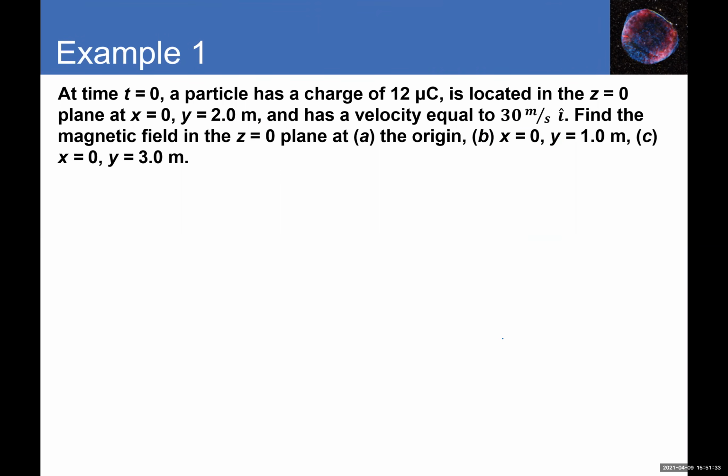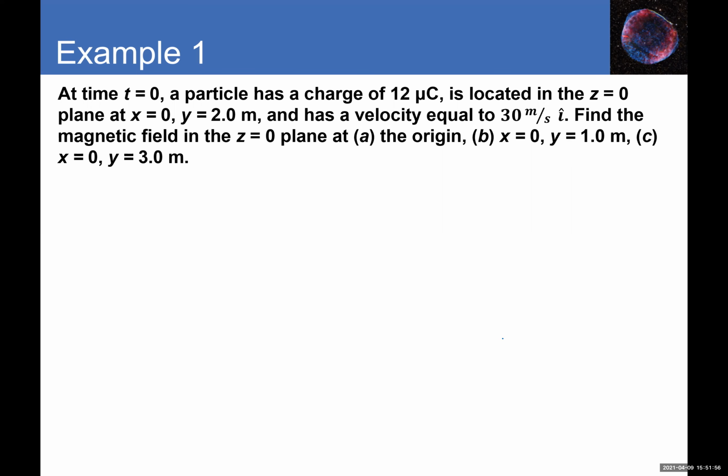All right, so at time t equals 0, a particle has a charge of 12 microcoulomb and is located in the z equals 0 plane at x equals 0, y equals 2 meters. And it has a velocity equal to 30 meters per second i hat. Now, what we want to do here is find the magnetic field in the z equals 0 plane